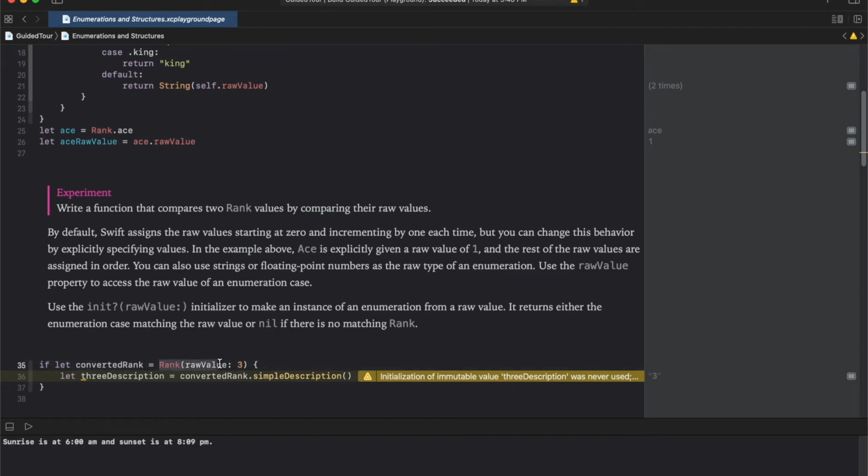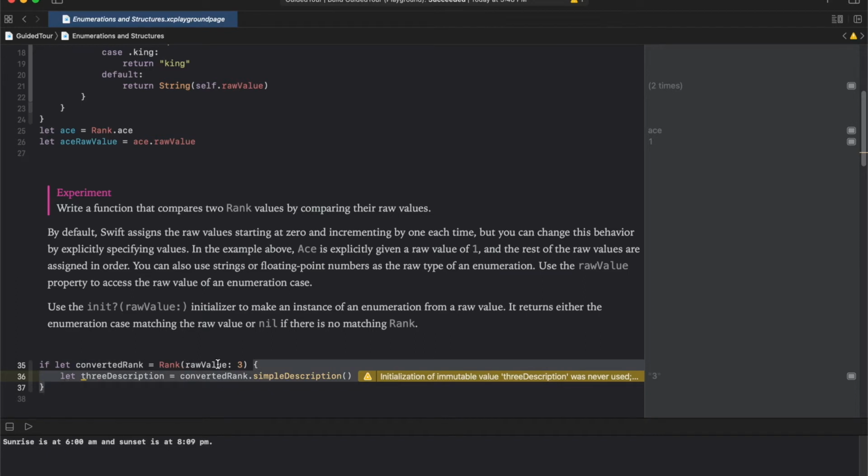We are calling the raw value initializer, which returns an optional value. If a match is found within the enumeration, then a proper value will be returned, else nil will be returned. On line 35 itself, we are using if-let syntax to make sure that the returned value is not nil, and if the value is not nil, then this block of code will be executed.